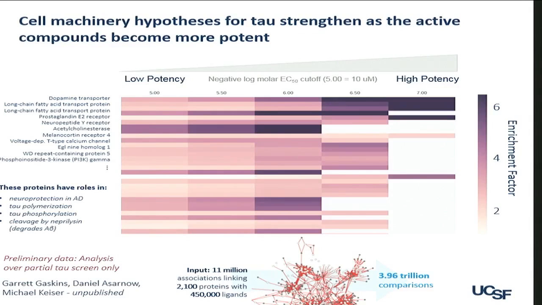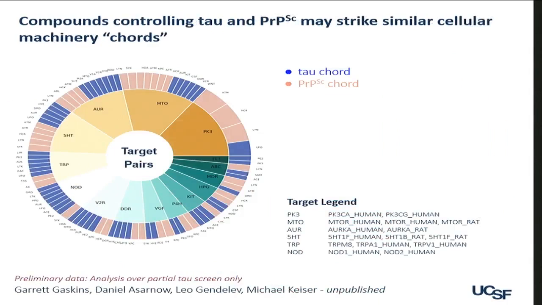As we do this, we can ramp up the potency of the effect and then recalculate this whole procedure each time. And just to give you a sense, for this, there's about 4 trillion comparisons that are run. And from this, we see these proteins coming out that are involved in other work, in neuroprotection, tau, polymerization, phosphorylation, cleavage. These are the sorts of proteins that then, again, come from an approach that knew nothing about the biology, but really are driving us to biology that we do know in new directions, too.